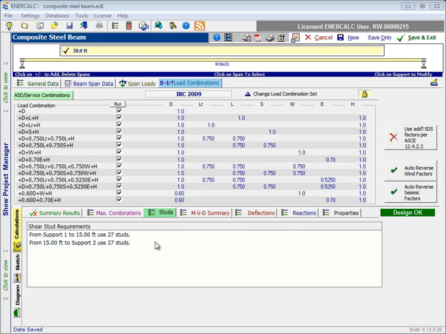The Studs tab is used to report the stud requirements for the current design, and in a situation where we had concentrated loads sprinkled out there on the beam, it would be a little bit more interesting to look at. But because we've used all uniformly distributed loads, and full length uniformly distributed loads at that, what we end up with for this particular example is not all that exciting, but it just indicates to us